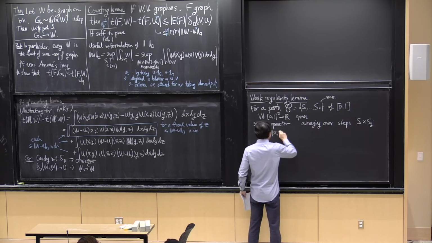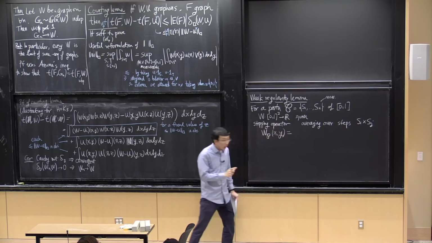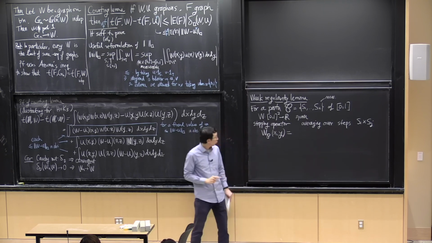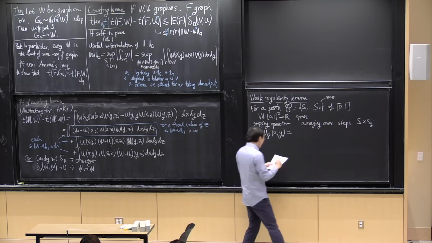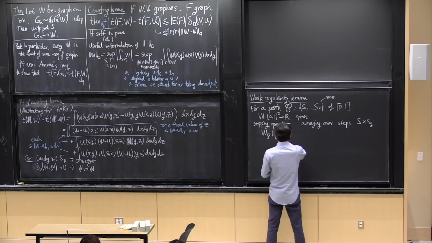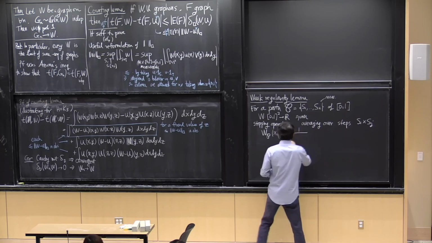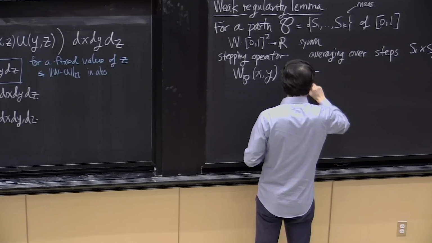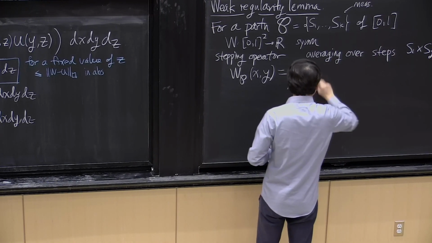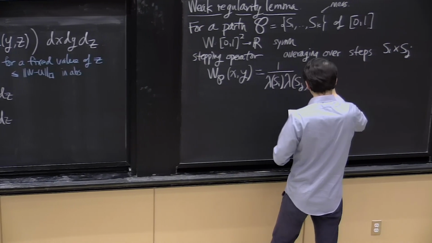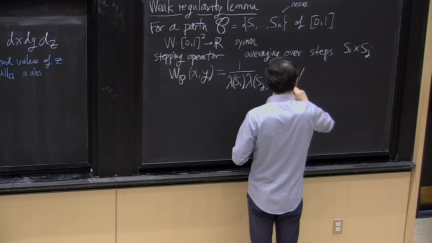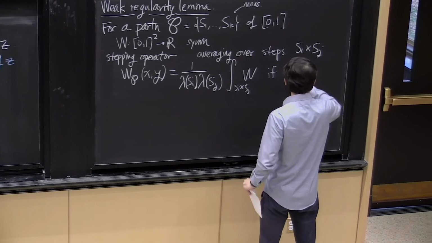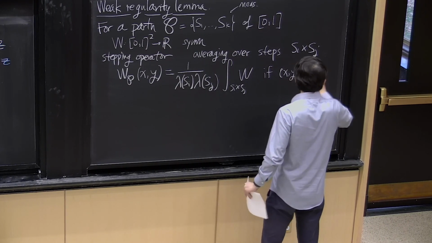Precisely, I obtain a new graphon, a new symmetric measurable function, W sub P, where the value on x comma y is defined to be the following quantity. If x comma y lies in